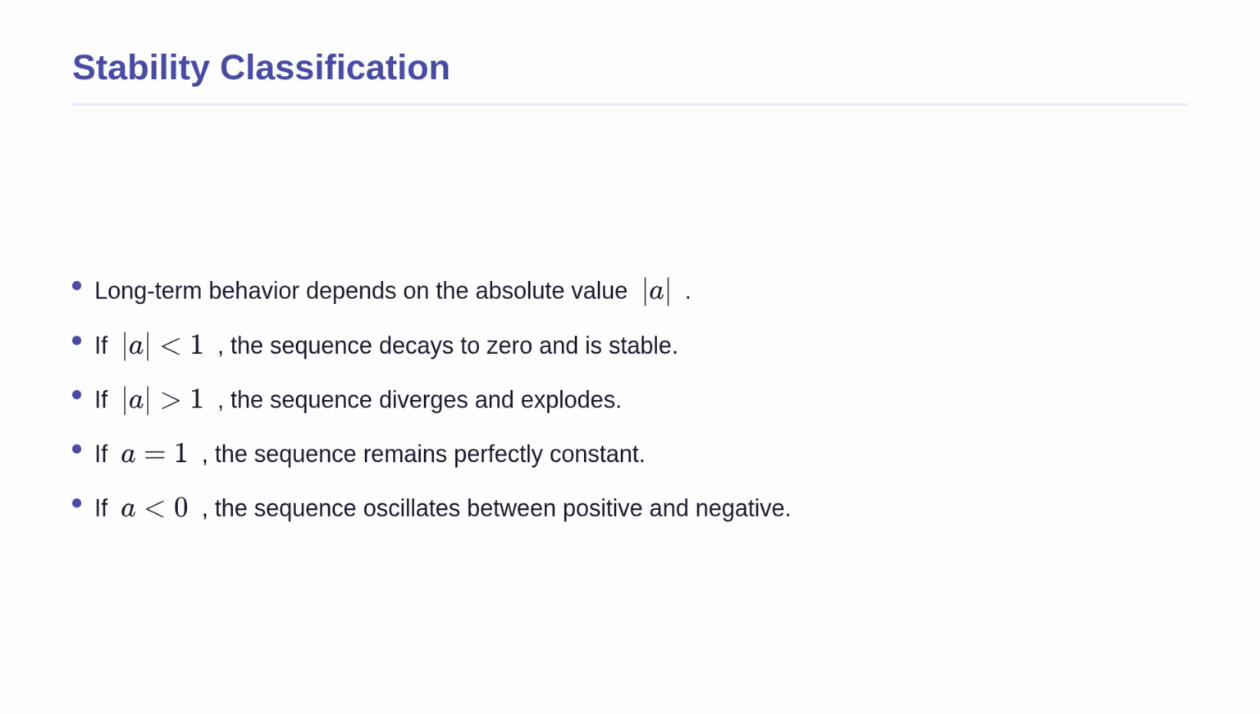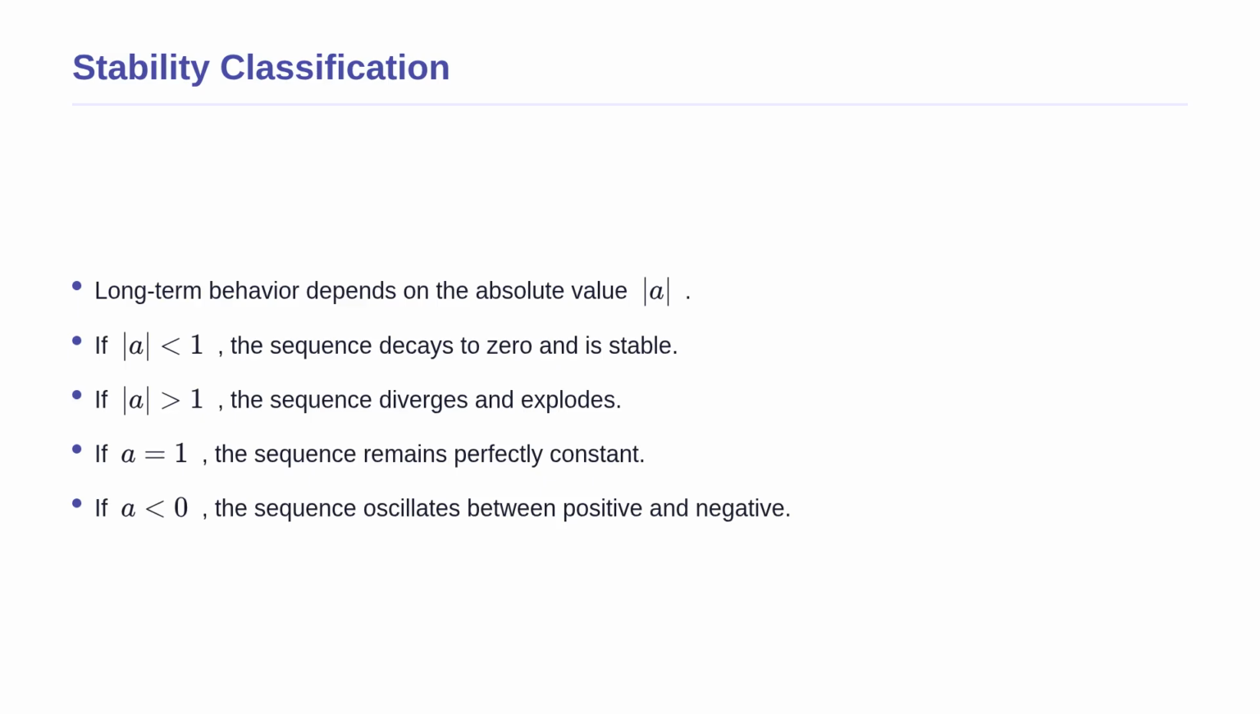This brings us to an important question. What happens to our sequence as time goes on forever? We call this stability classification. By simply looking at the absolute value of our constant multiplier a, we can instantly predict the future of the system. If the absolute value of a is strictly less than 1, the system loses energy and decays to 0,